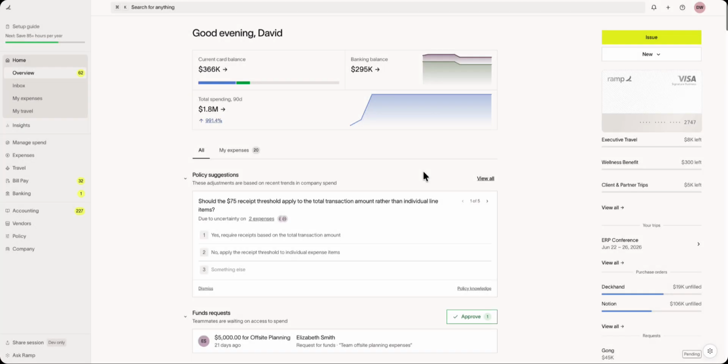Ramp Procurement helps you capture every purchase request in one place, automatically involve the right stakeholders, and manage approvals and purchase orders through a single platform. To set up a procurement intake form as an admin, navigate to Manage Spend, then the Programs tab on the